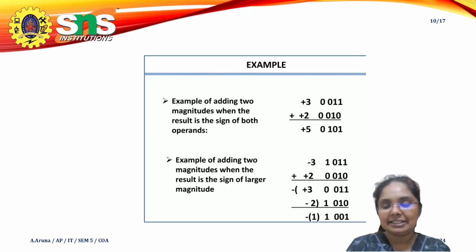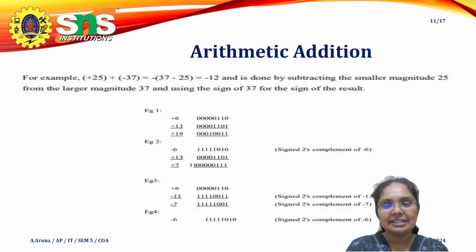If both numbers are either negative or positive, for the negative number I'm going to take the complement. How can I take the complement? I'm going to convert all zeros into ones and ones into zeros. Similarly, we can calculate like this. Same operation, but we have to take the complement for the negative number. This is how arithmetic addition is done. For your reference, I give you so many problems. You can note down this one and solve these problems.